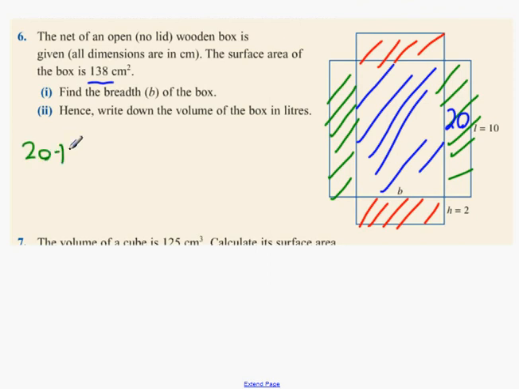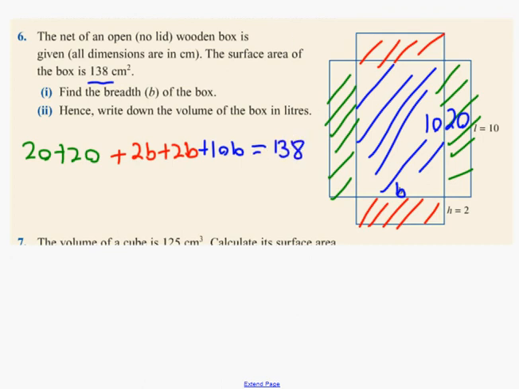So 20 plus 20. Now, plus what is the red area? The red area is 2 down and B across. So 2B. Just multiply length by width. Does everyone understand where I got 2B from? B is the length, H is the width, area equals length by width. So you got it? What about the blue one? So it's B multiplied by 10, which is 10B. And all of this has to equal